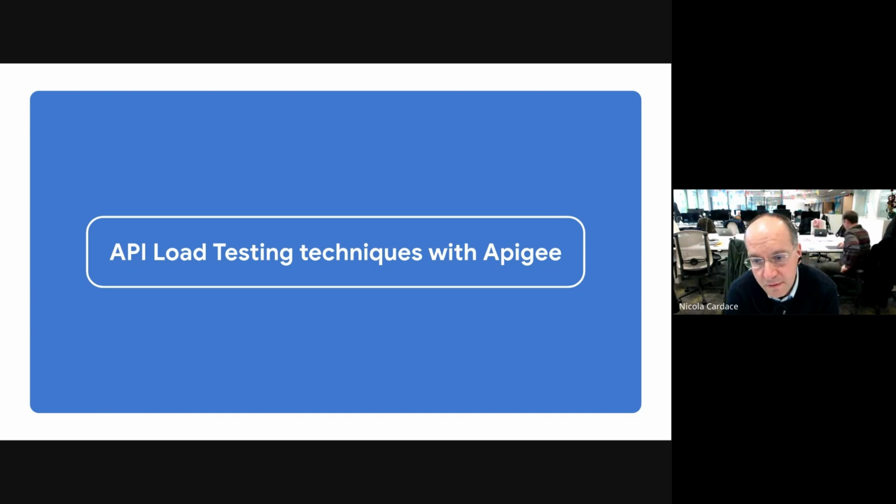APIs in general, but obviously with Apigee, and Apigee has multiple flavors. It's either Apigee X, fully managed in Google Cloud, single or multiple regions, where you don't care about scalability because it's managed and monitored for you, or Apigee Hybrid, where you have the same runtime with the control plane in Google Cloud, but you need to manage size and decide scalability and performance KPIs for the runtime wherever you want to deploy, as long as it is a Kubernetes compatible distribution. You can do that in other hyperscalers or in OpenShift and so forth. So in one case it's a black box, the other one is an open box.